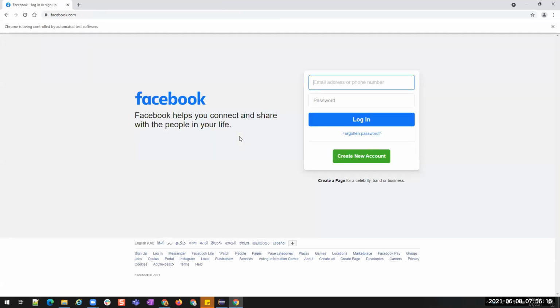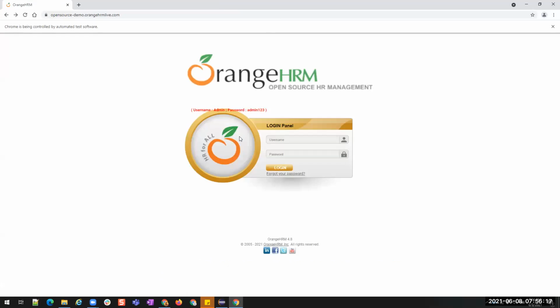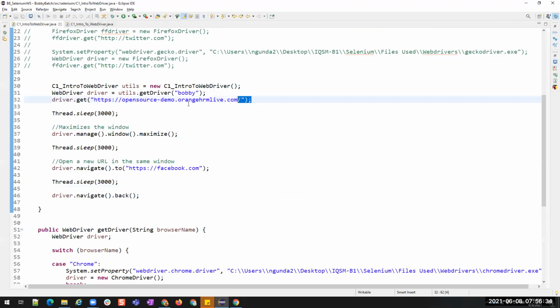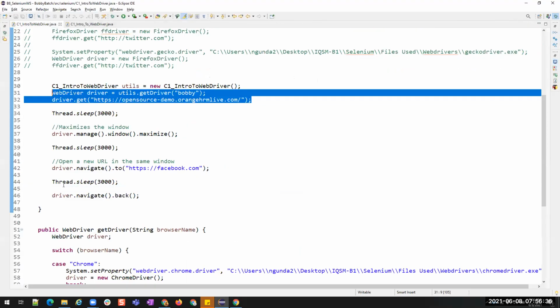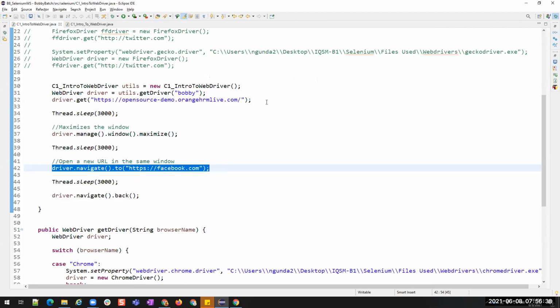Waiting for 3 seconds. And then it is going to Orange HRM. You understood? You saw that, right? Orange HRM is present, and then it went to Facebook, and then again it came back